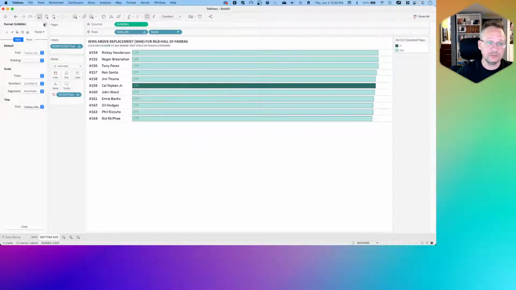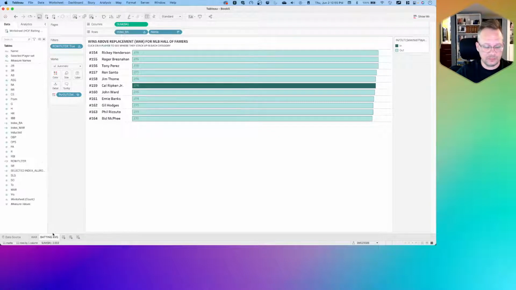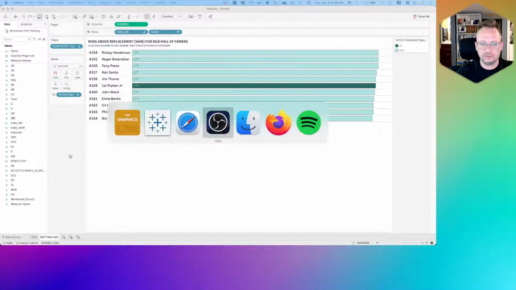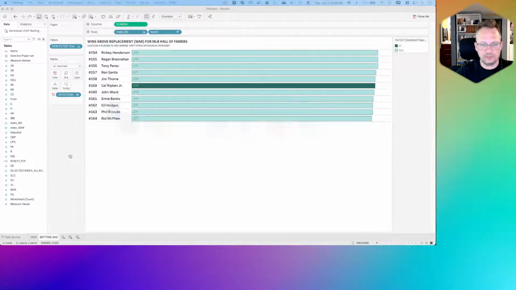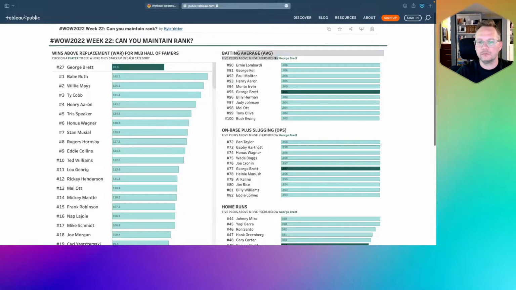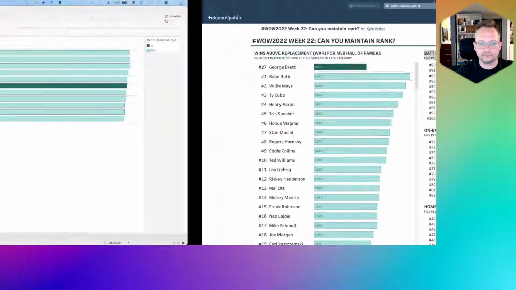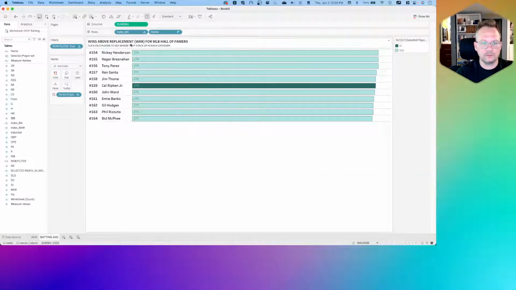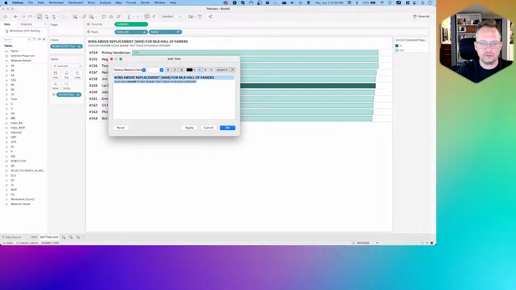And now it's just a matter of duplicating this for all of the other, oh, let's see, what we need to do is we need to go here. Yep, there we go, below, copy, there we go, change this worksheet title to that,